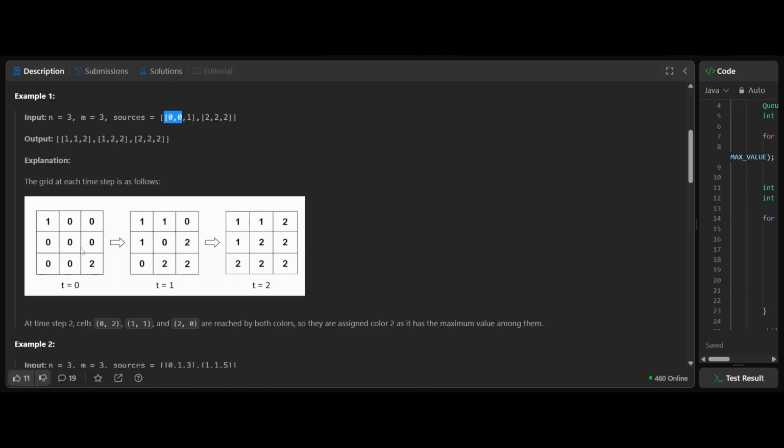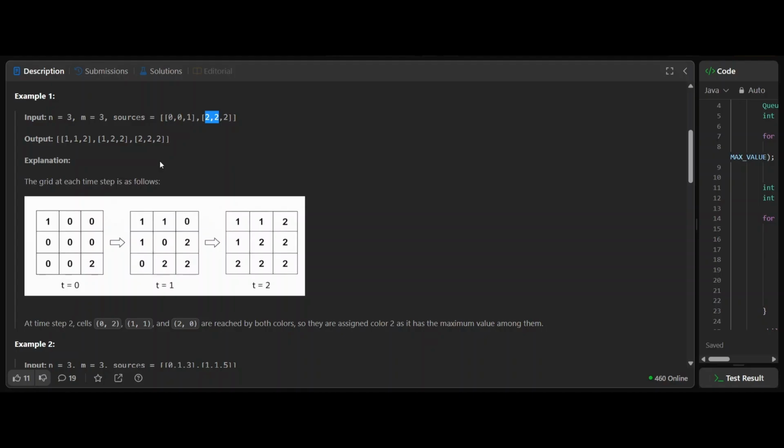So if we simply think that we have to spread in all four directions, BFS is something that comes to our mind at very first. Okay, so we'll start with BFS, and obviously in the queue we'll store all the initial rows and columns, these pairs. Okay, and definitely we'll go and spread in all four possible directions